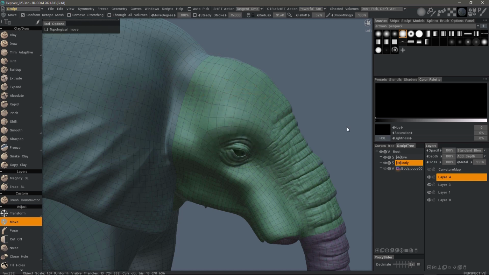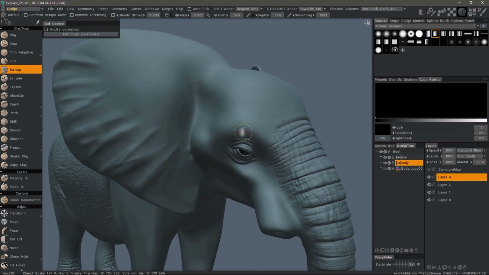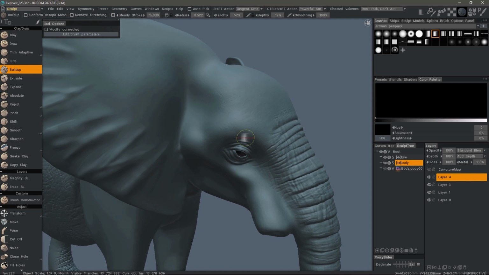Okay, let me undo a few times. Now, when we switch to a brush, we can also check Conform Retopo Mesh as well. Previously, what we would need to do if we wanted brush changes to be propagated to the Retopo Mesh, we would periodically need to switch to the Retopo room